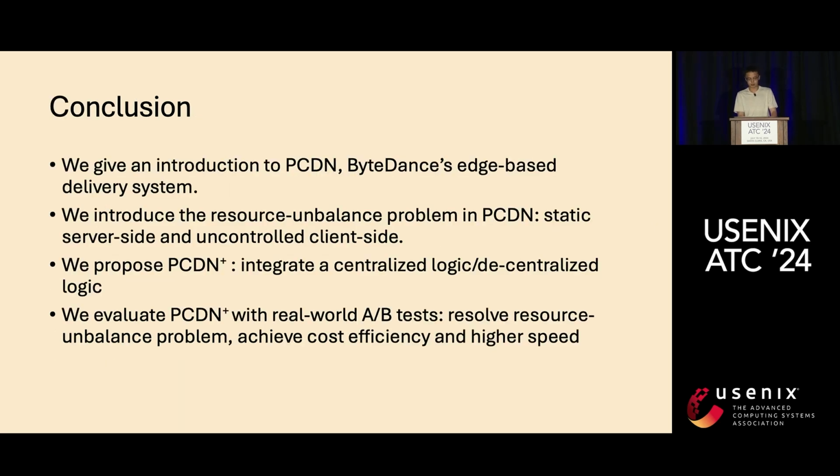Here, I would like to summarize this work. We first give a basic introduction to PCDN, which is the ByteDance edge-based delivery system. And second, we present the unbalanced resource utilization problem, which is caused by PCDN's static server-side decisions and also the uncontrolled client-side decisions. And after that, to solve the above problems, we then propose PCDN Plus, the next iteration of PCDN,